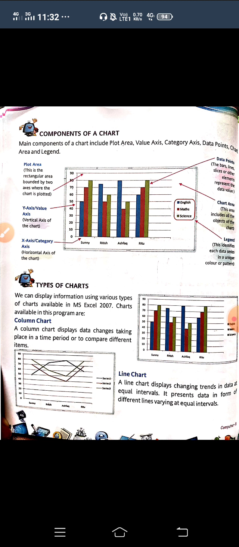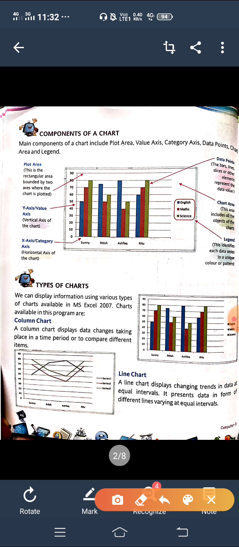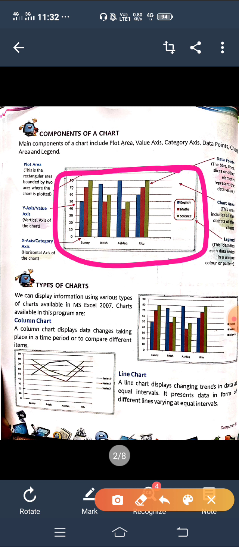Now I will explain all the components to you one by one. The first one is the plot area. Can you see this complete rectangular area? This is known as the plot area, where we plot our chart, where we make our chart, where we create our chart.